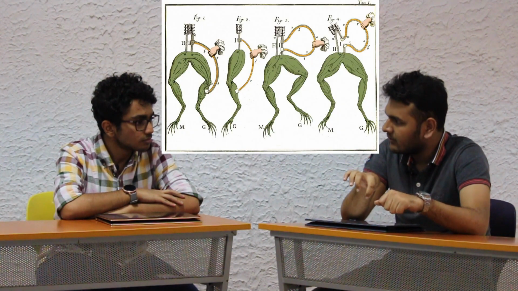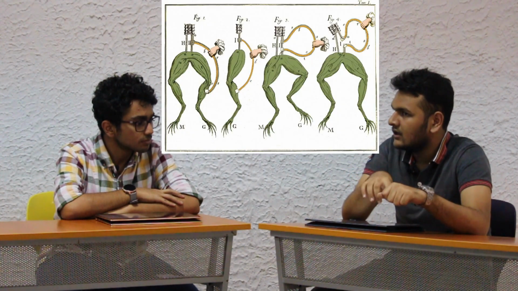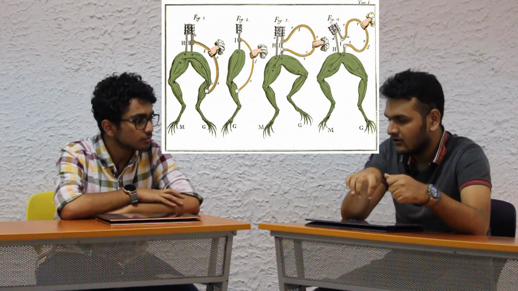He would just place the copper wire on a muscle fiber or any nerve of the frog, and when the Hawksbee machine was rotating, he would notice that the legs would twitch as if the frog was still alive. So then he thought that maybe the electricity produced in animals is much different. Maybe they might have special organs that can produce this animal electricity, which he wrote a book on,